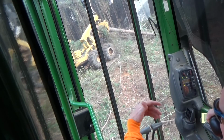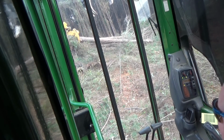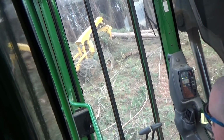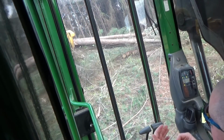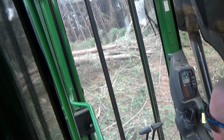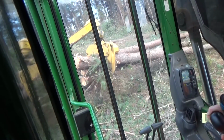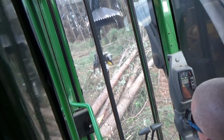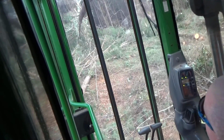Just turn and come toward me, man. Turn and come toward me. Turn to your left. Turn to your left. I'm gonna tell y'all what, these trees, these tops, when they hit the ground, they're like glued to the ground. I got it. Don't worry, I got it. Me and everybody on YouTube, we're watching you right now. That's good. That way they can see somebody that's working. It's like watching paint dry. That tree's about...